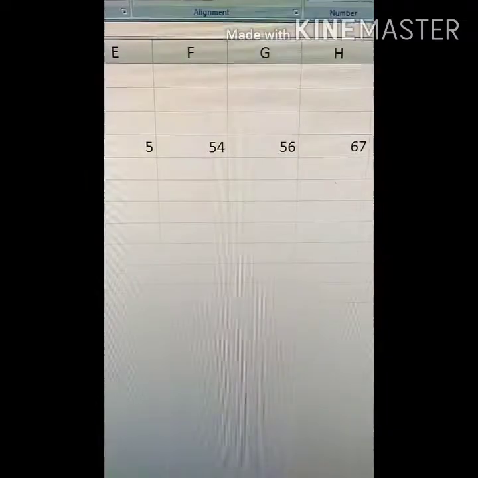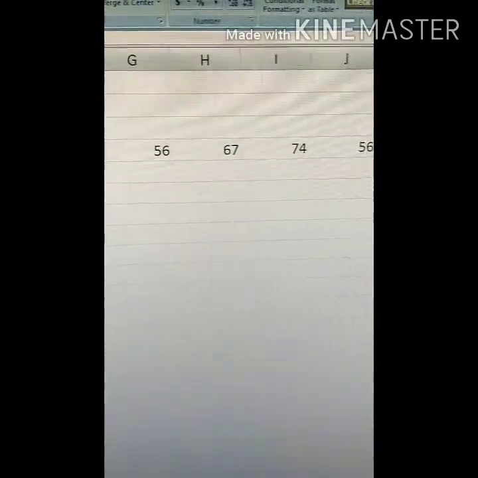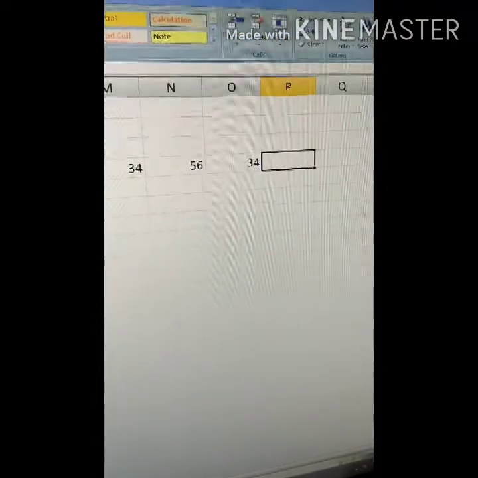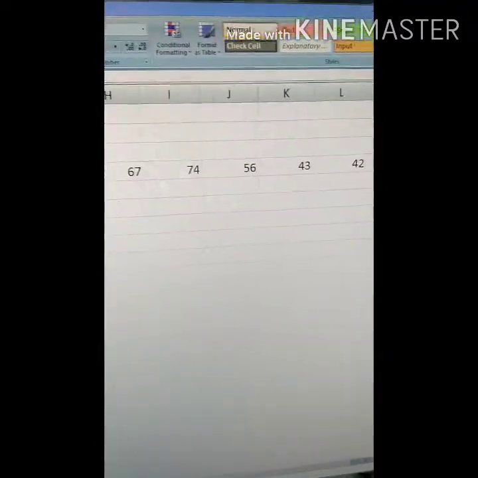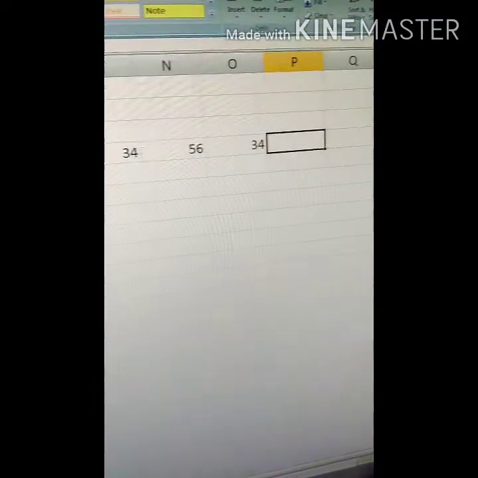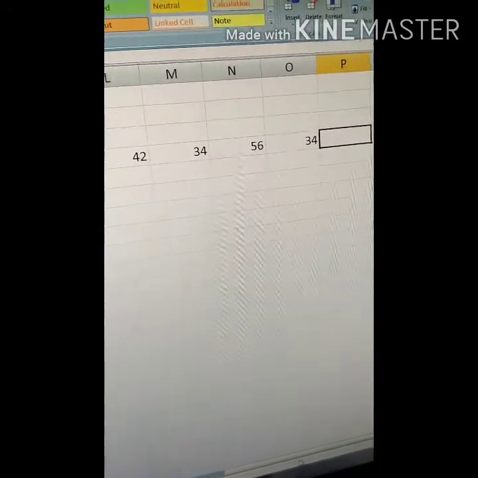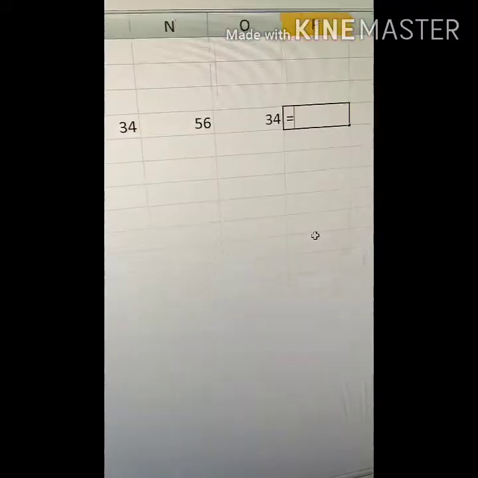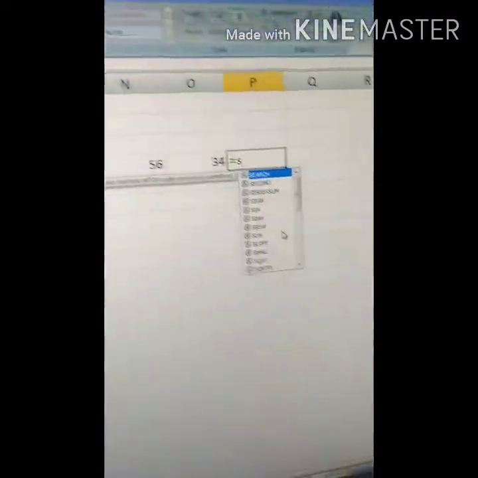Next, suppose we have to find the sum of these numbers. We have 2-3 ways to find the sum of these numbers. Please pay attention properly. First, I have told you to give the equal to sign and write SUM. This is the formula.